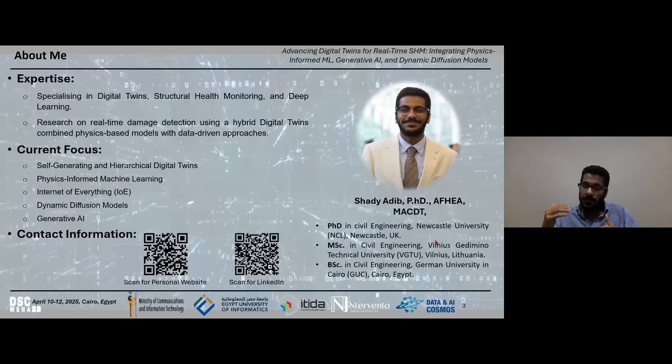So what we're trying to introduce is a hierarchical system which has subsystems. You can have a subsystem digital twin for each component, for each problem. You can have a digital twin for the bridge element or the structural element. You can have a digital twin for the operational system, for the vehicles, for the transportation, linking all the sectors.